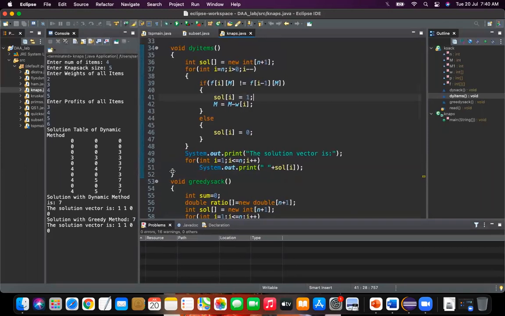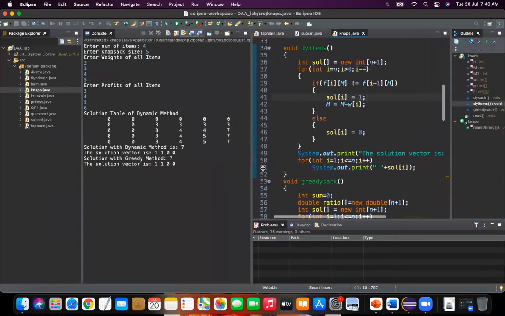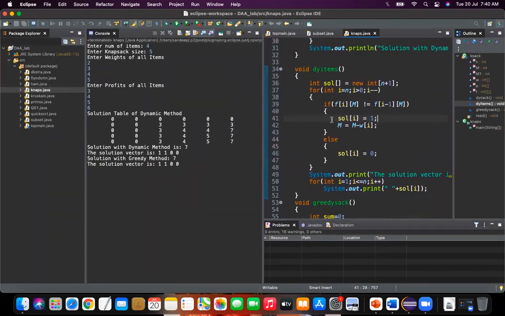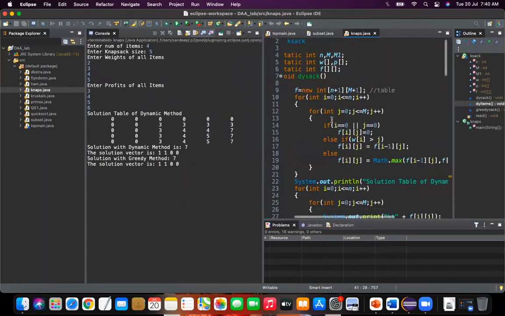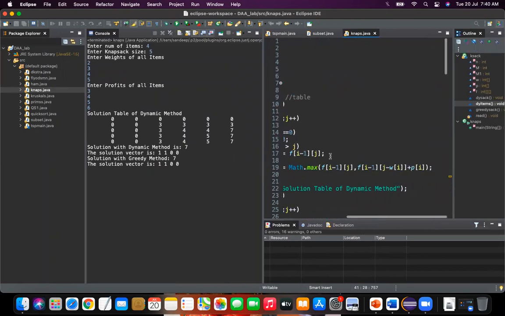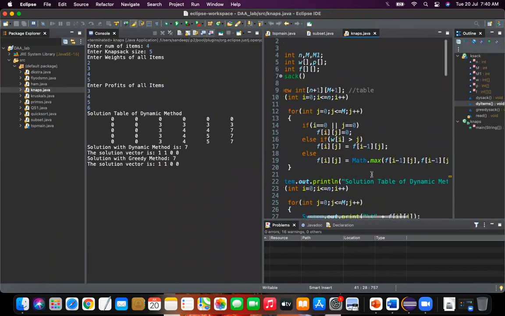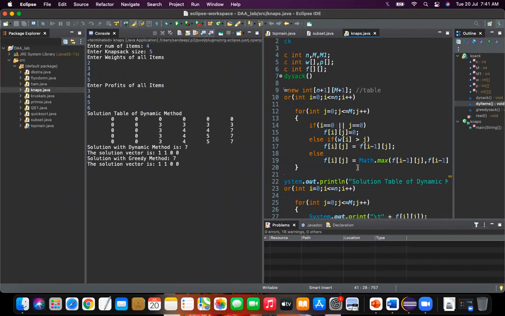Is it clear? The dynamic method is also very easy. The only thing is you should be careful about this condition, if, else if and else. Math function we have used to find the maximum item among these. Same thing, whatever formula is there in the presentation is implemented here.